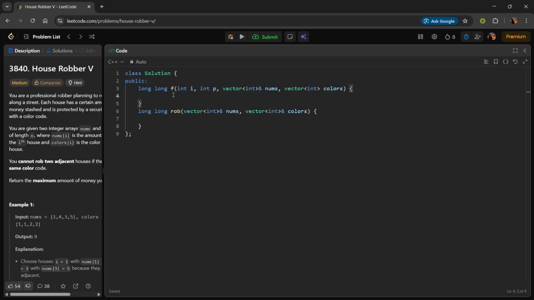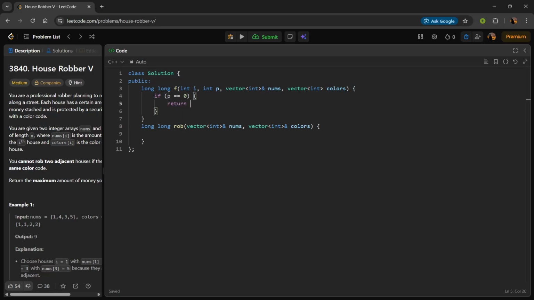And if p is equal to 0, then we can simply return the maximum of f of i minus 1. We are skipping the ith element. That means we can skip or pick the previous element. And else,